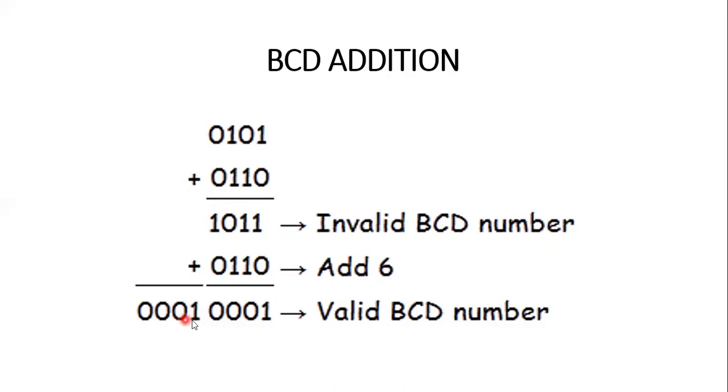Then we add as many zeros here. Now this is a 1 and this is a 1, therefore 11, whose value is 11. This is a 5, this one is a 6. So 5 plus 6 is 11. So 11, 1, 1. Like that, we can perform BCD addition. If the BCD is within the range, we leave it. If it exceeds the BCD range, then we add 0110, which gives the answer.